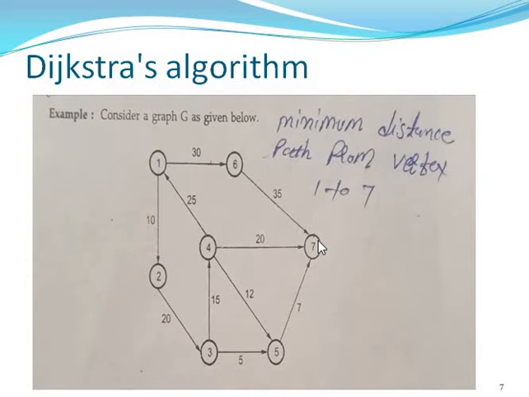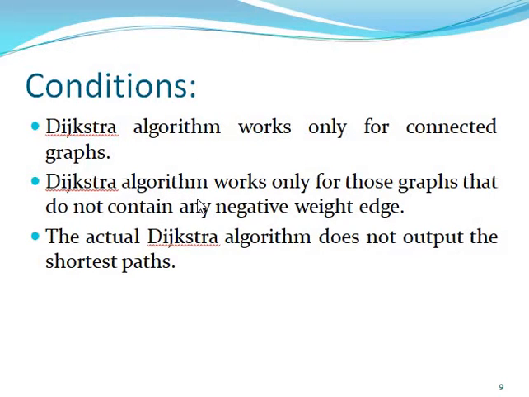If you go to 7, because you can find the minimum distance path from vertex 1 to 7, you can go directly 1, 6 and 7. You can also go 1, 2, 3, 4, 7 and 1, 2, 3, 5, 7 and through all the nodes. We can check that, but you cannot go 1, 4 and 7. So this is one condition you can see.